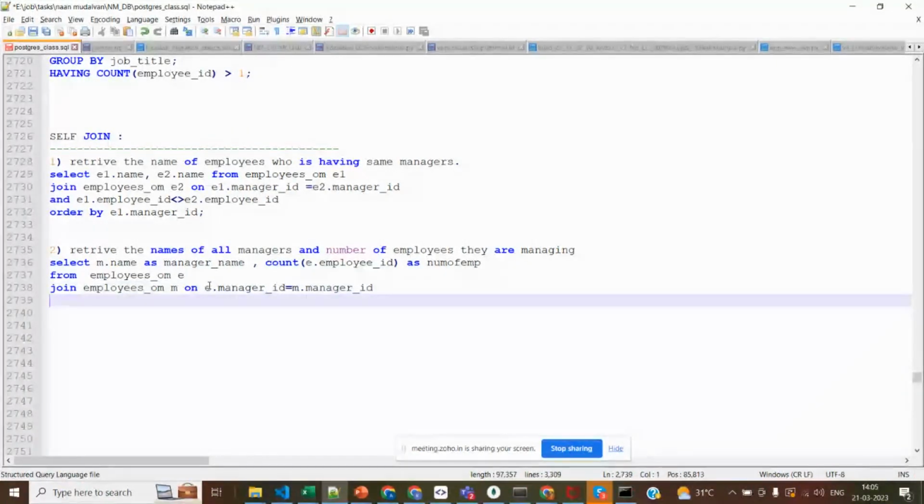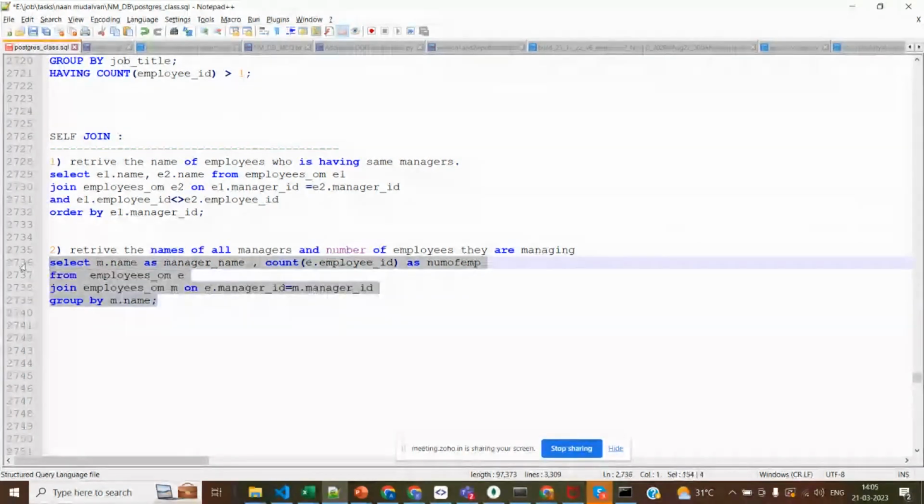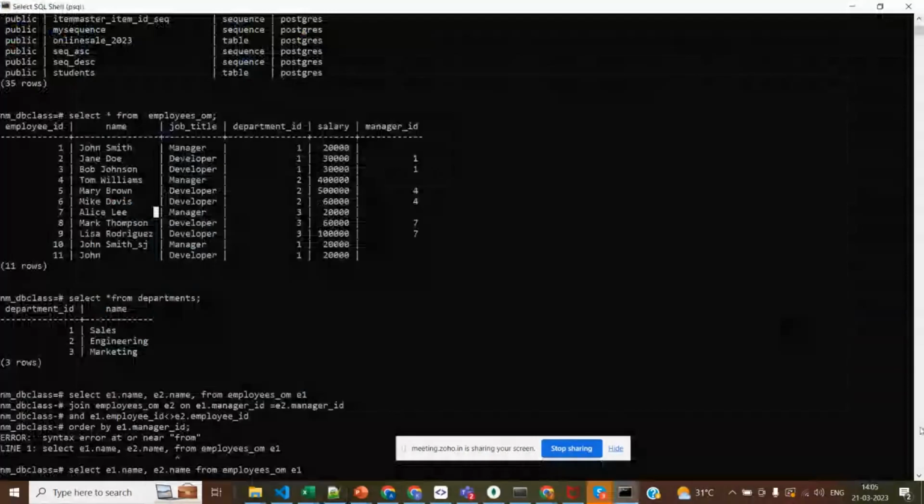So now I'm going to match it with the manager ID, and M dot employee ID should be equal, right? So both should be equal. Now, so for each employee, if I'm going to get the count, then I need to do it for each manager, right? For each manager, how many employees? This is the question. So now I'm going to do group by M dot name. Sorry, group by M dot name. Okay, this M name is nothing but the manager name. So now what I'm going to do is,